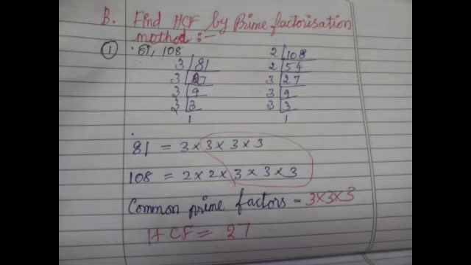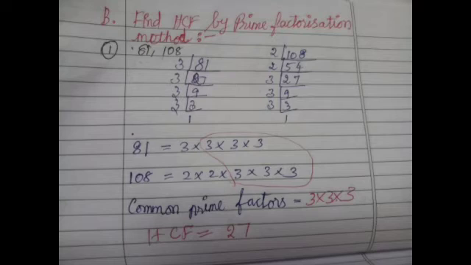Next one is 108. First check with the 2 table, it will come in the 2 table, 54 times 2. Next again 54 will come in the 2 table, 27 times 2. Again 27 will never come in the 2 table. Go to the next prime number, 3. In 3 we have 9 3s are 27. Next one is 9, 3 3s are 9, and 3 1 times. So 108 is equal to 2 multiply 2 multiply 3 multiply 3 multiply 3.